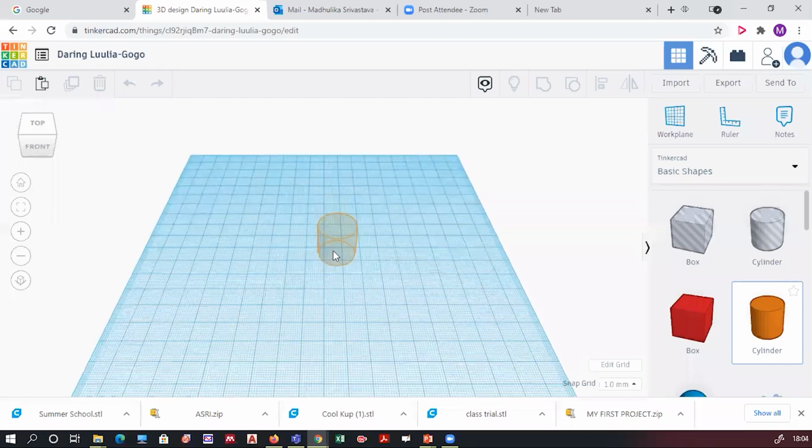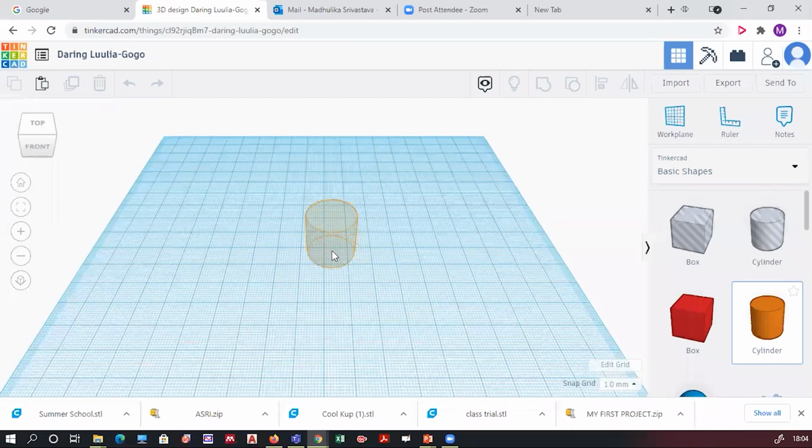Now take a cylinder. All of you should take a cylinder. Yeah, we are doing chess pawn and spanner also. I will tell you, don't worry. Spanner is not that difficult. You know how to create a hole, you can do it easily. It's a 3-step process. Both the things I will tell you in the same book.